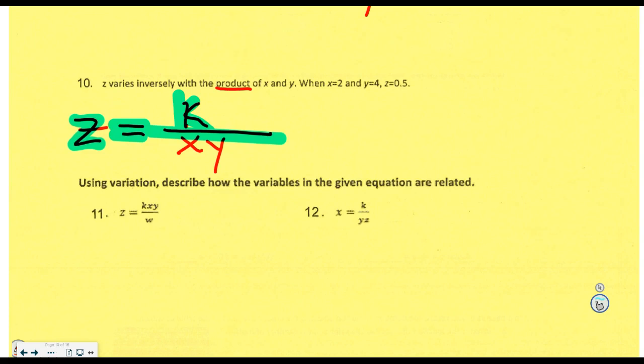They gave me enough to find the k. Because they gave me a z, and they gave me an x, and they gave me a y. So you guys go solve it for k, off on the side of your paper. If you agree, we'll throw it up on top there. If you don't agree,